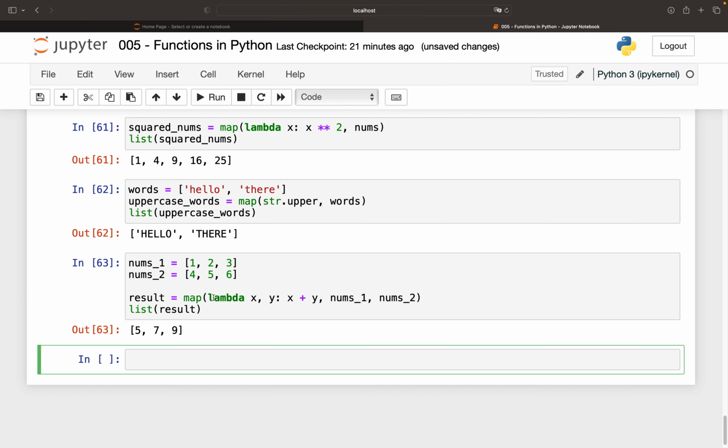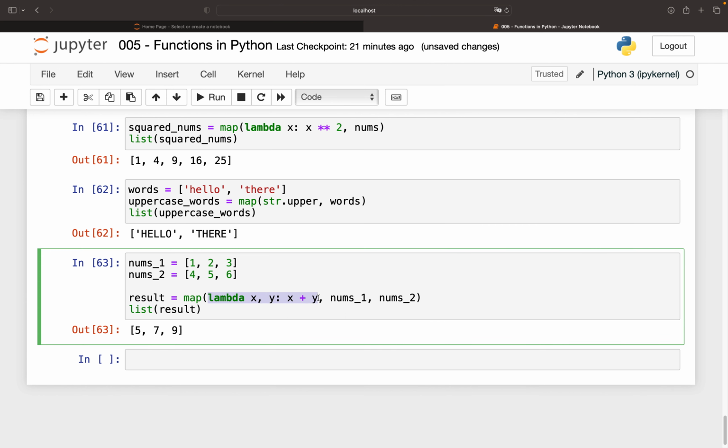So we have actually applied it, it's a higher order function because we are passing a function, and we are applying a function on different iterators. Like that, if you have three nums, you can pass 3 and you will have x, y, z, and then you do whatever you want to do with that input. Okay, so that's all I think about